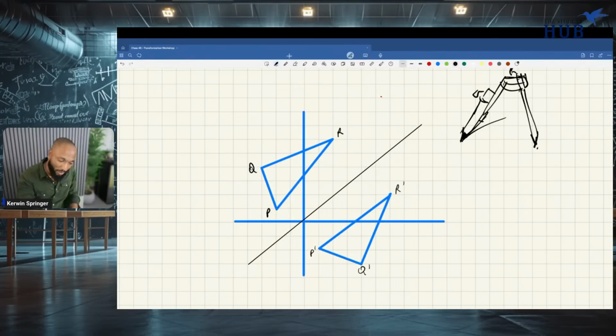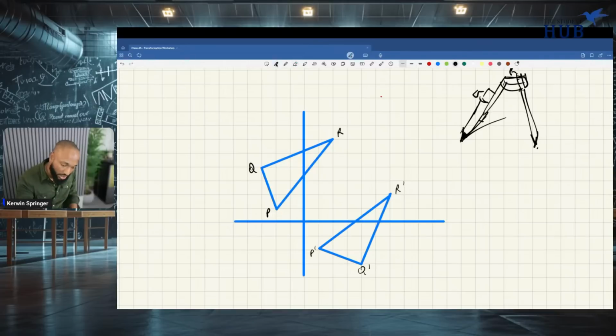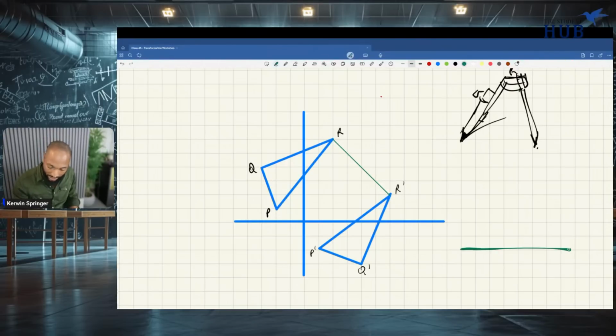And then, no, you can't. Remember, we don't know what our line is. You want to construct it. So what you're supposed to do is join the two together. Join the R and the R1. And do you know how to bisect a line? Do you know how to bisect a line, chat? If you have a line and they ask you to bisect it, take your compass, stick it in here, go a little past half, draw the arc. You all know about that? You could search Kerwin Springer construction to see the whole rundown on construction.